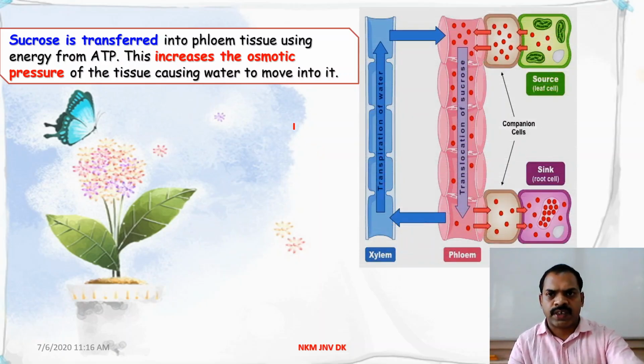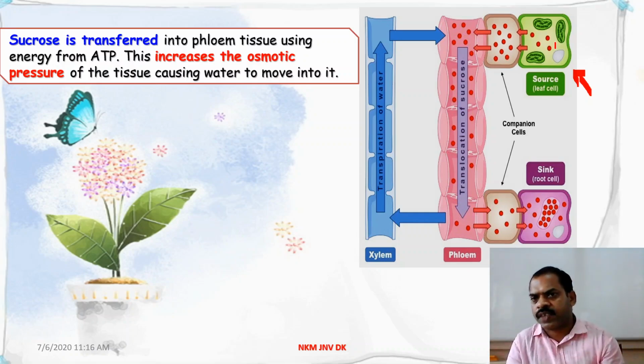So this is what first happened. Same thing I am telling. As a result of photosynthesis in the leaves, here you can see glucose is being produced in the chloroplast. This glucose is shifted into the leaf. Just think about a leaf anatomy. From the palisade or spongy cells where photosynthesis takes place, they will transfer that into the